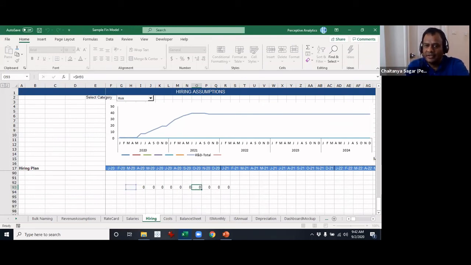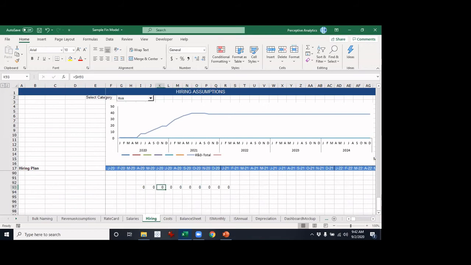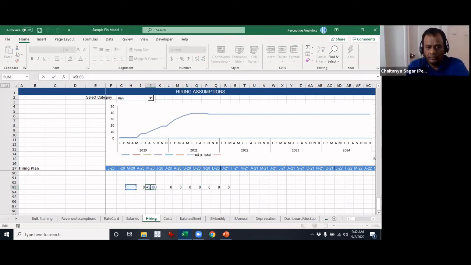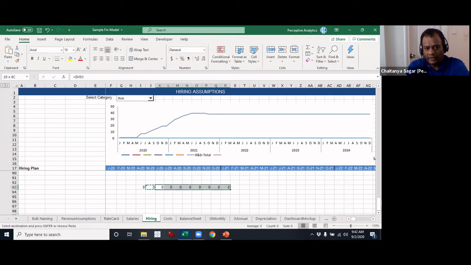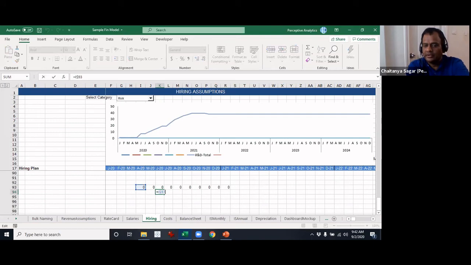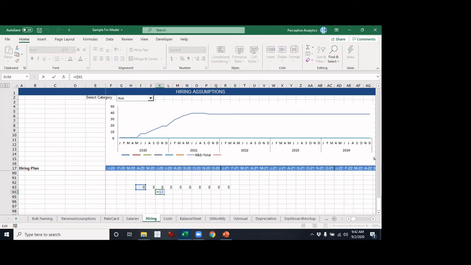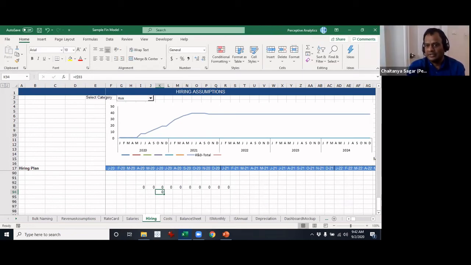Are you guys following? Yes. Okay. So now, for example, I can hit F4 and it will keep iterating, by the way. And let's say for 93, now if I do a copy paste, what happens is it will keep changing the column, okay? But if I change the row, if I copy paste to another row, the row number will remain constant. Got it. Yeah.